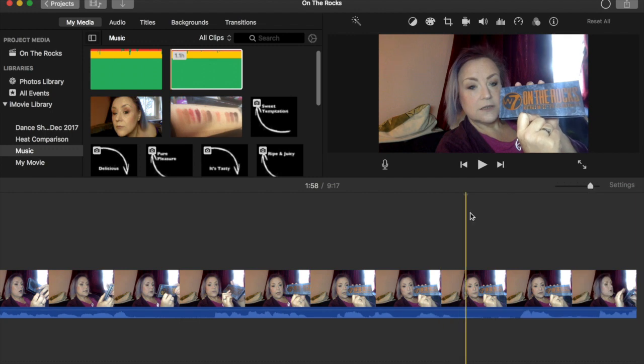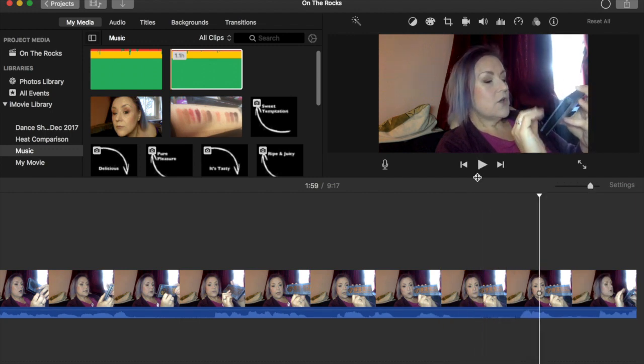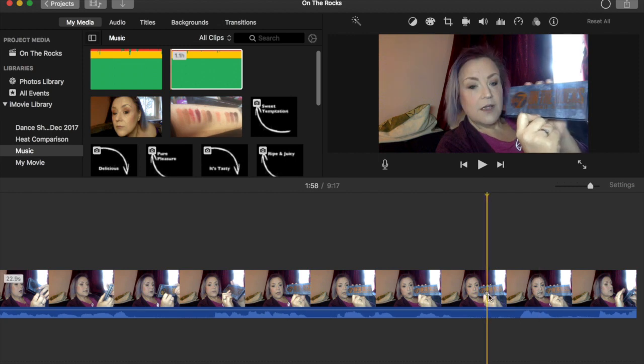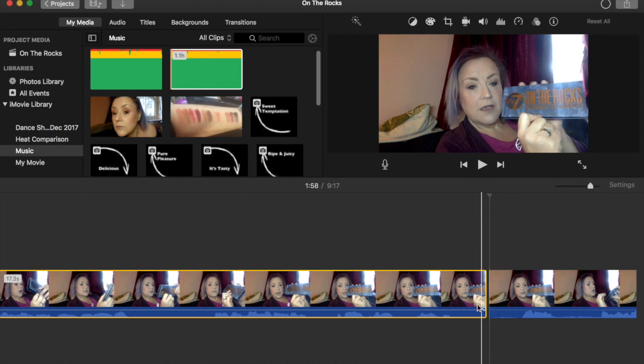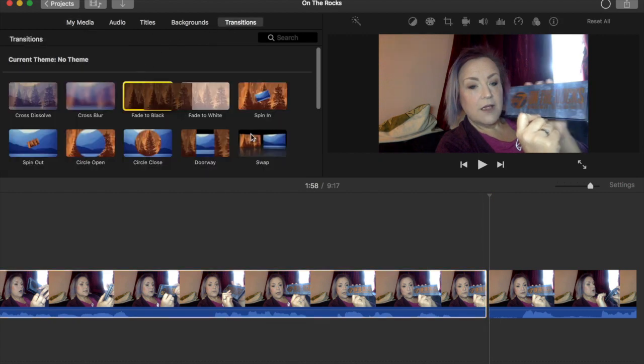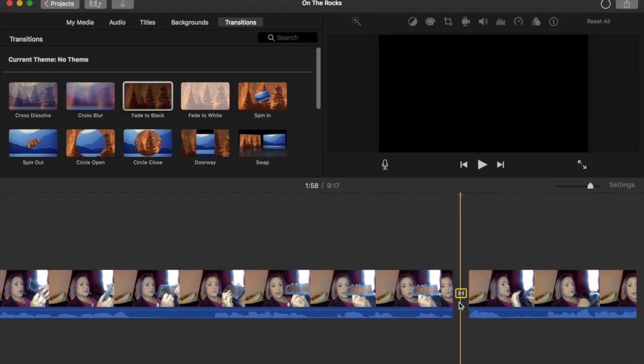I think somewhere around here is going to be the ideal place. So expand it out so that I can really get in between the words. Check and check again. Put in a gap, and then so that I can remember where that gap is, put in a transition, and I'll come back to that later.